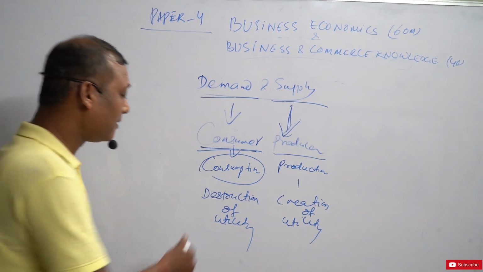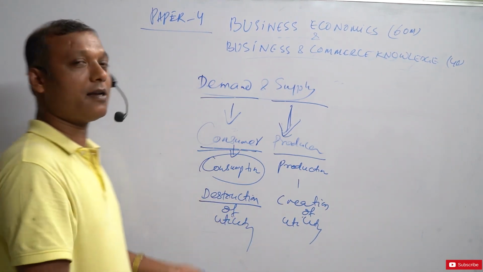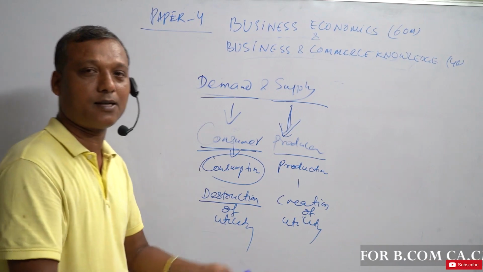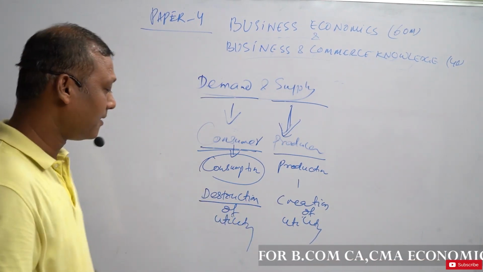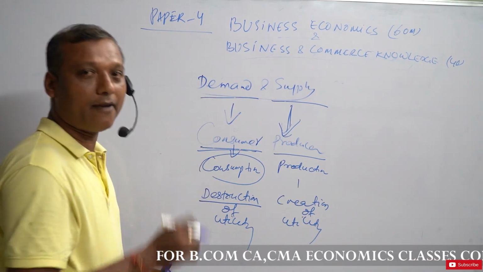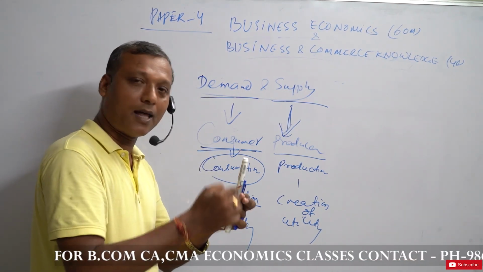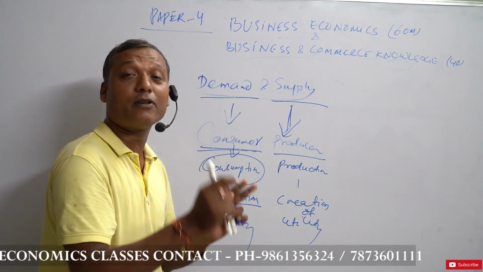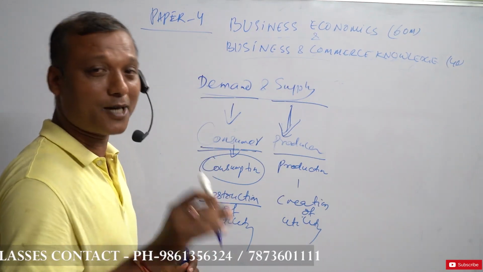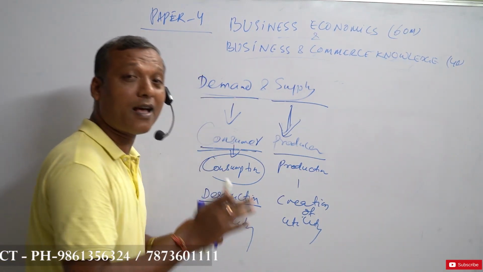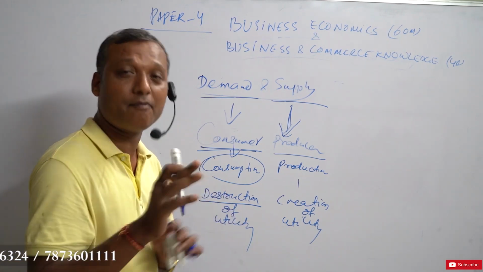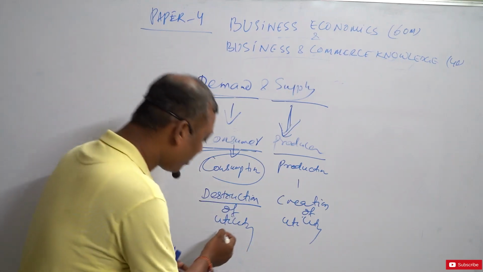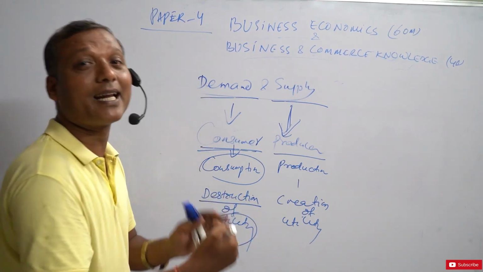Here, I want to clarify that. Destruction does not mean that you use something, then spoil it or damage it and waste its utility. Not like that. Destruction means, when you use something, then the utility of the thing goes on diminishing. That is the meaning of destruction. Destruction does not mean spoiling or damaging something. Destruction here means when we use something, then the utility of the commodity goes on declining.